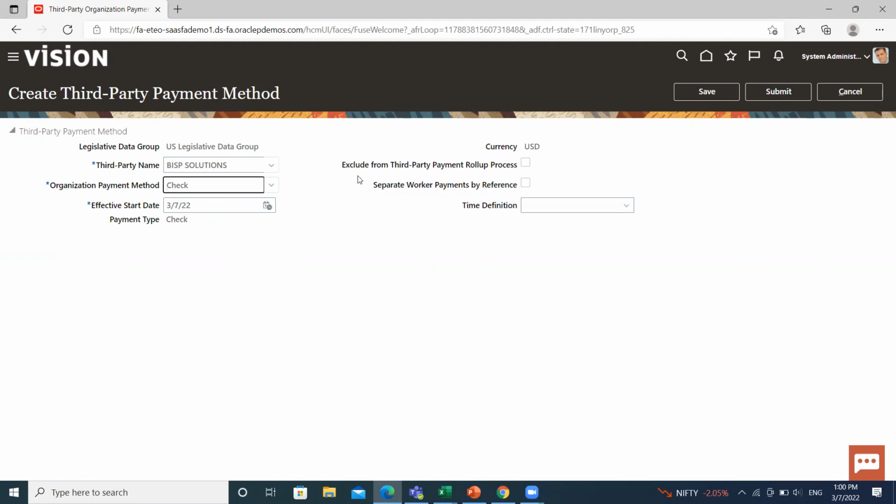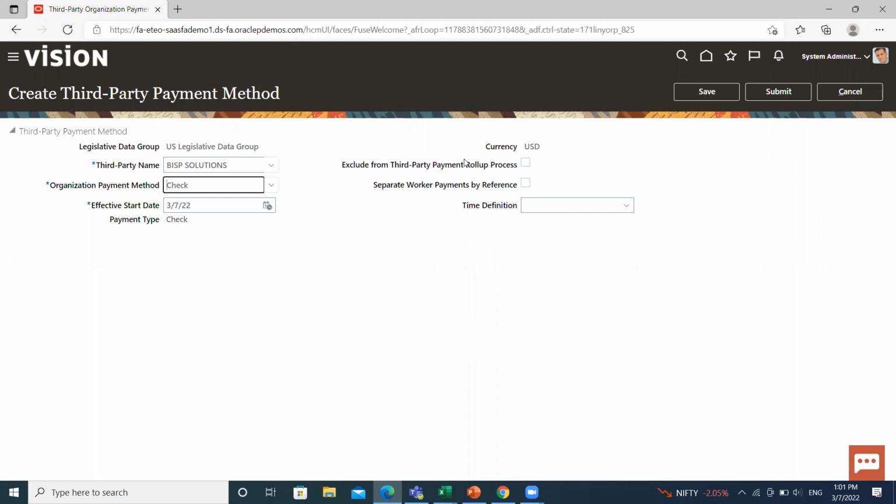Then what is the payment roller? The third-party payment roller is a process to consolidate multiple payments made to a third party and generate a single payment. This process is optional. Some parties may want an individual check per payment. For example, the UK requires that deductions from earning orders, such as a child maintenance payment, be sent as a separate transaction. So select the